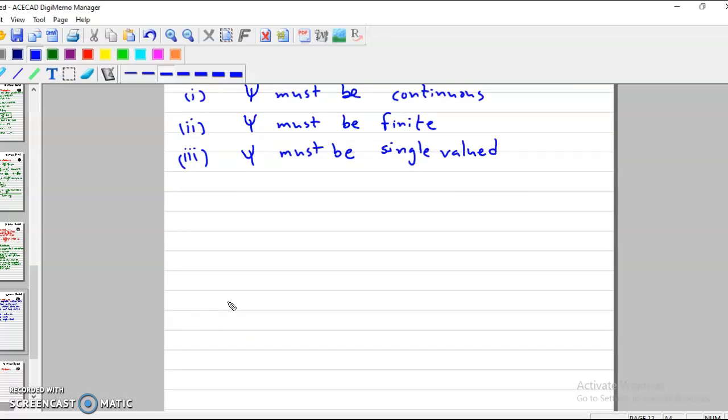If it has more than one solution, then we cannot accept it. The fourth condition, which you may not be able to understand right now, but I will give you, that is the probability, as Schrodinger also accepted the probability of finding electron, not the exact location,